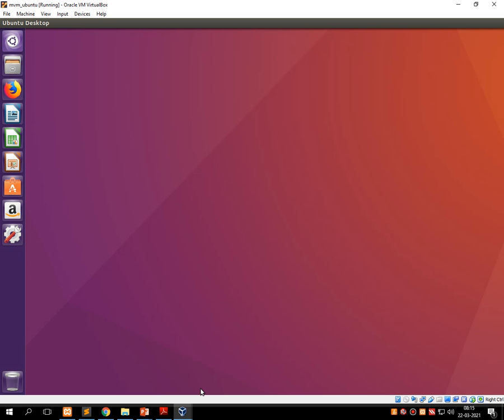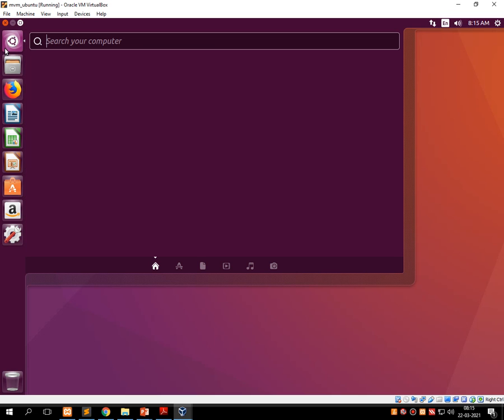Now as you can see on the screen, the desktop of Ubuntu is successfully loaded. Now we can go ahead and test the various types of shell commands. For that, once this entire desktop screen is successfully loaded, just click on this search icon. Just click on the search icon and type